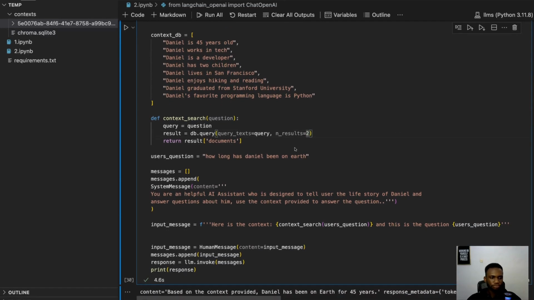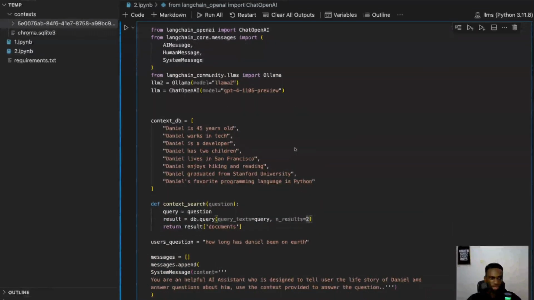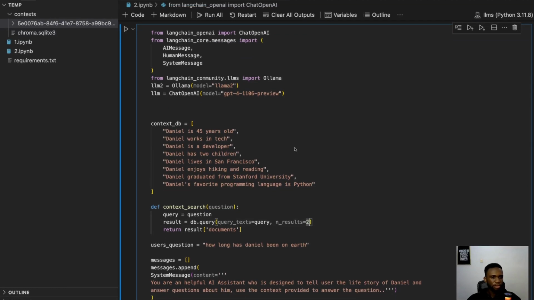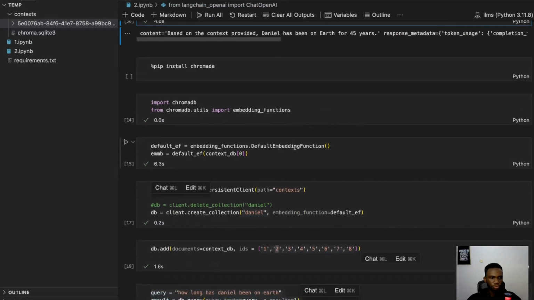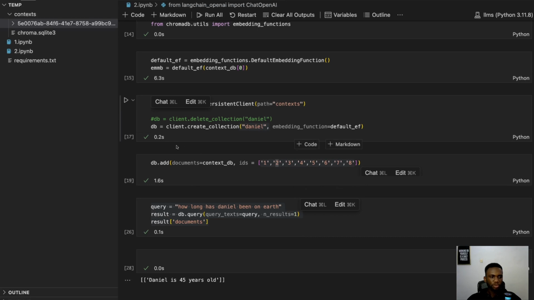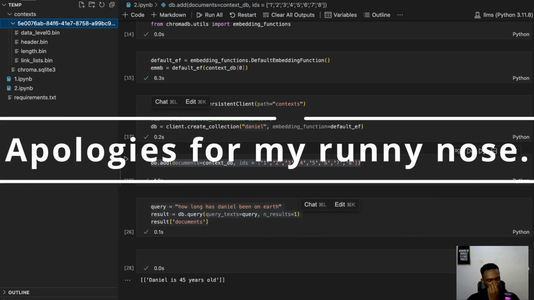So yeah, I'm going to combine all this into one single code, and I'm going to round this up. One thing I think is very important is that the moment we added these documents here, they were saved inside our collection, inside the data, right? So it means that if we start a new project, we can still load this